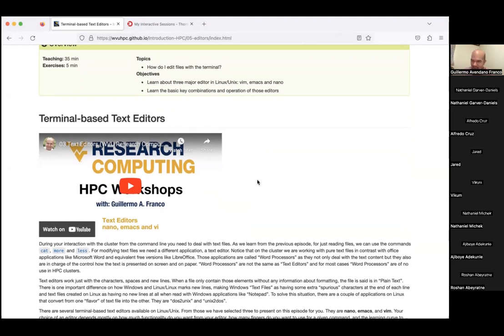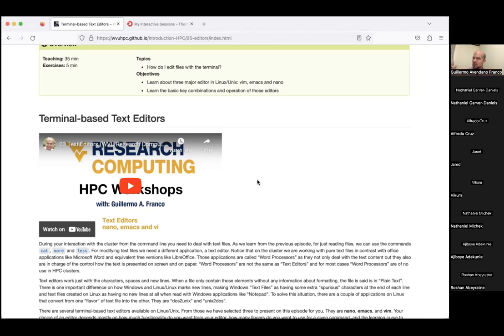You will usually be writing small files where you prepare the submission of a job, or you will be reading and copying the output or the input files. This is very common for scientific codes, where you have to write an input file. An input file is usually a text file that contains the different instructions or the different setup